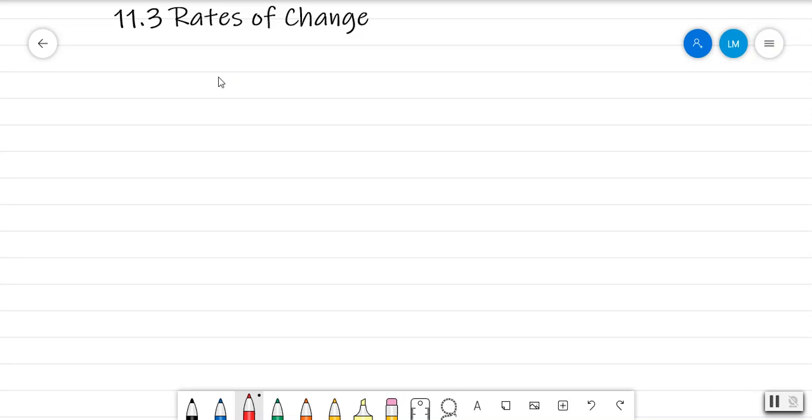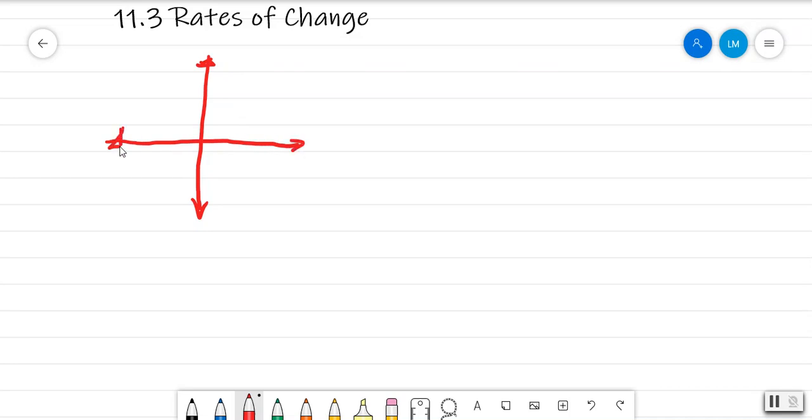Hello, so in this video I'm going to look at rates of change. Now, rates of change is more or less like calculating the slope of a given function. So, for example, if I look at maybe the x and y curve or the x and y axis,